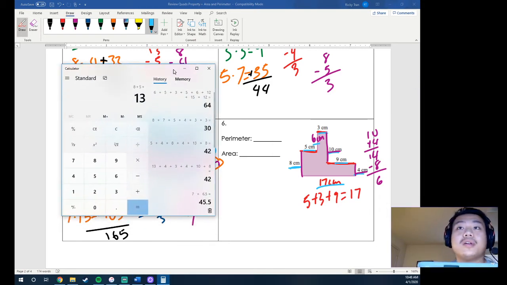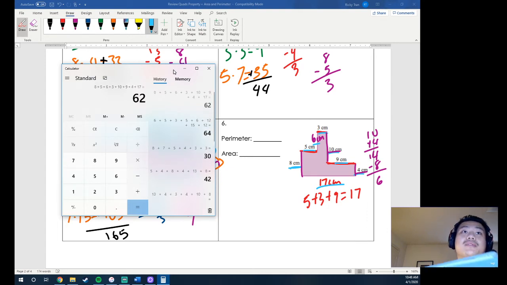Where'd my calculator go? Okay. So 8 plus 5. Okay, I'm gonna clear back. So 8 plus 5 plus 6 plus 3 plus 10 plus 9 plus 4 plus 17. Okay, so our perimeter is,